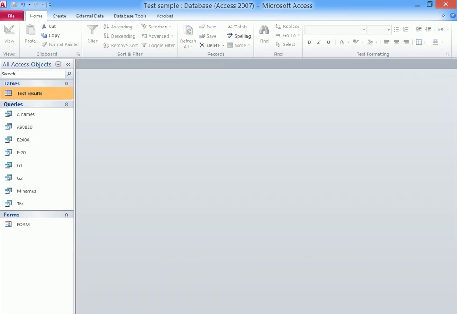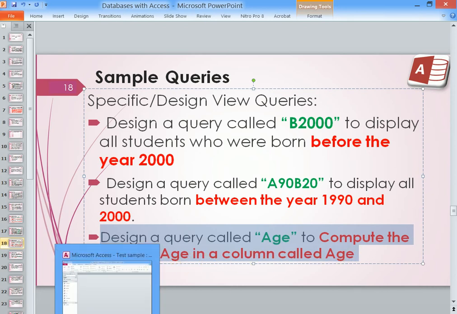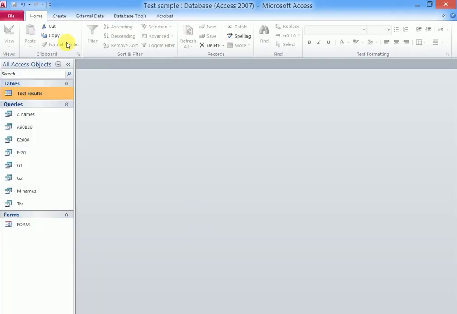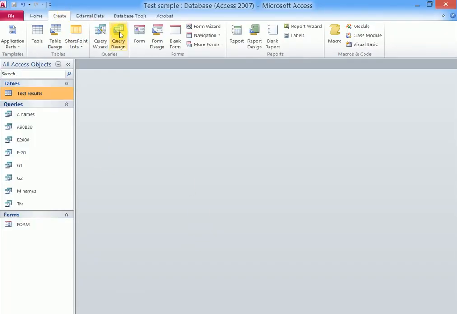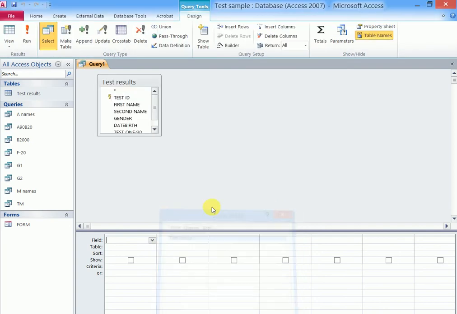And then lastly, on the dates, you could be asked to create a query which computes the age basing on the dates given. How do we do this? For example, design a query called age to compute the age in a column called age. We go back to our query design. We go to create, query design, add the table, close, add the fields,